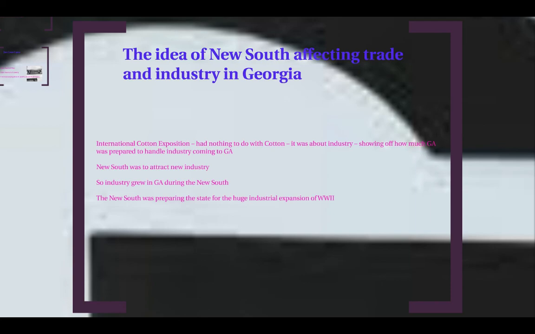So remember, New South had to do with industry. The International Cotton Exposition was nothing more than us dressing up the state, showing people how good we are and how we're ready for industry. So that kind of brings us